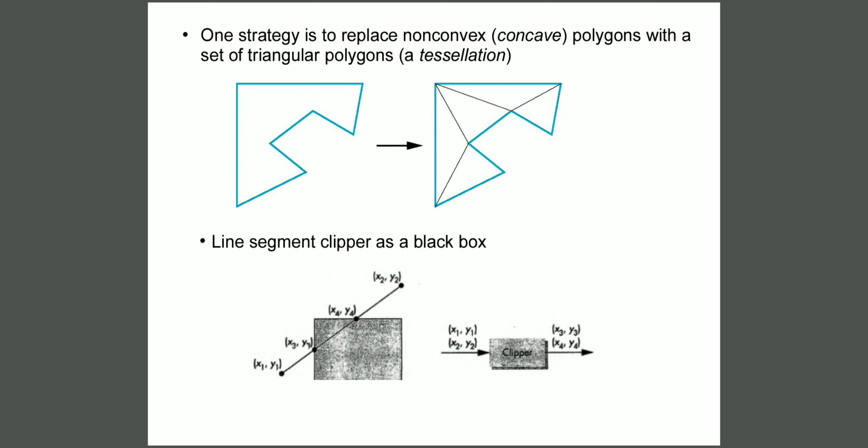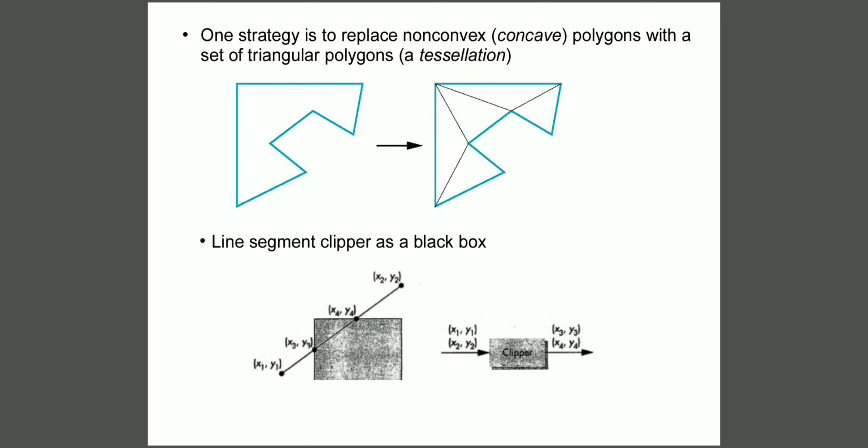So here we are considering the line segment clipper as a black box, because in a diagram, assume that the rectangle is an output window and we are considering a line segment over here. Assume that this line segment is one side of a polygon. Then, when we observe, some part of the line segment is going beyond the output window, so we need to apply clipping on this side of a polygon.